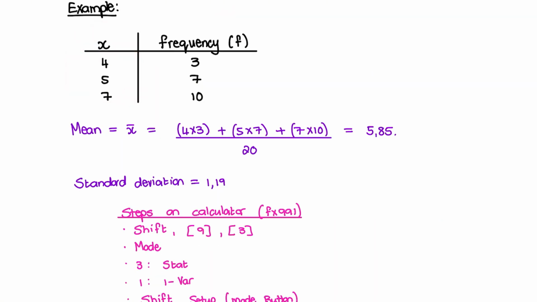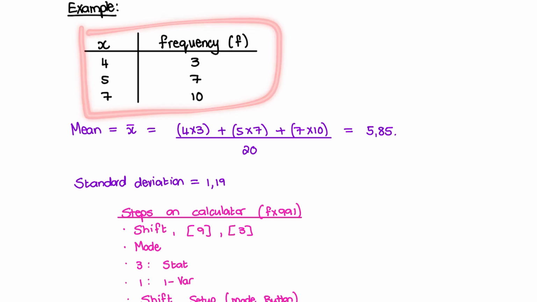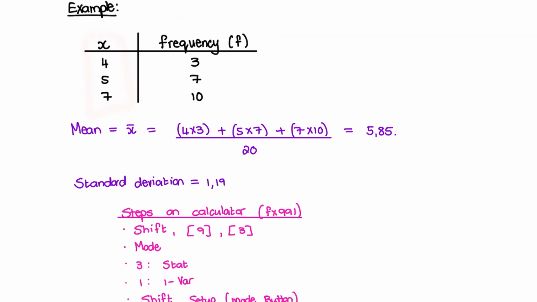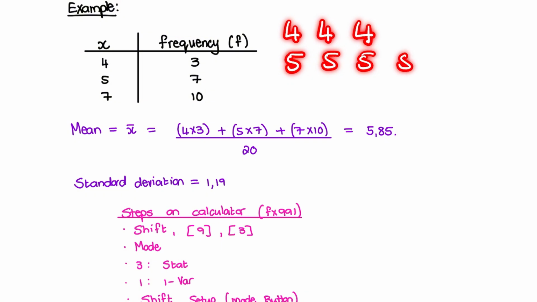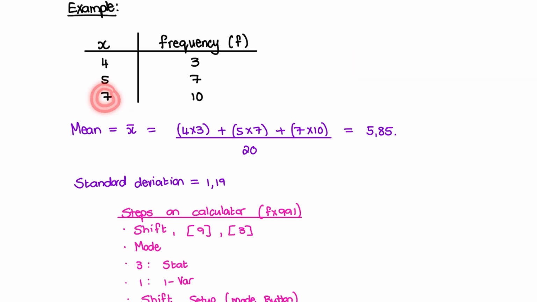So what we have here is a data table. We have x values and frequencies. So what this means is, if we have 4 and the frequency of 3, it means that we have 3 4s in our data set, and then 5 occurs 7 times, and 7 would occur 10 times. So the 4, 5, and 7, those are the values that we observe, and the frequency is how many times